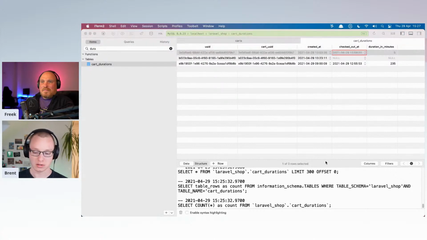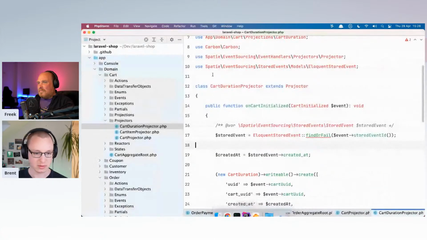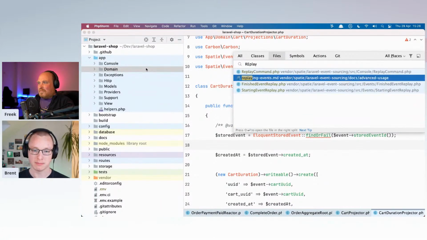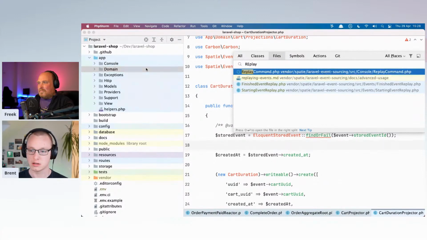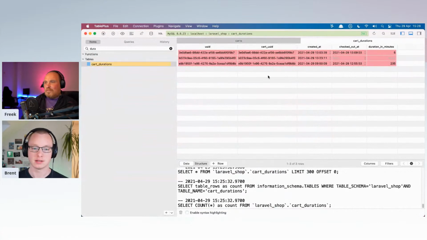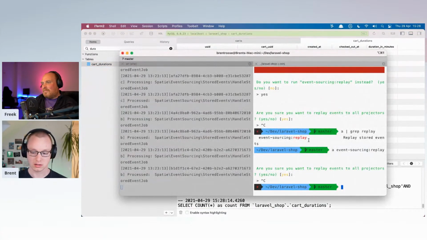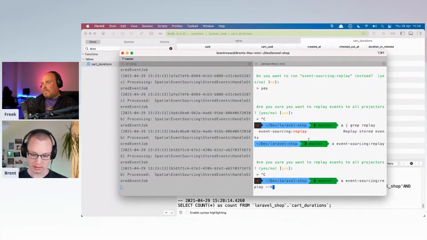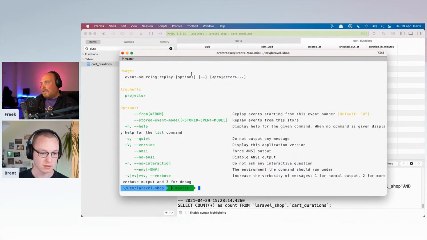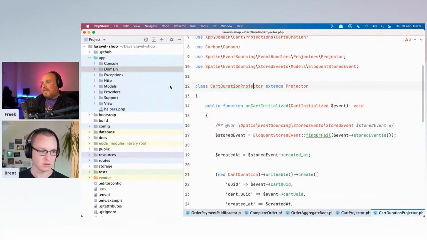Yeah, I was looking at replaying for a moment, but I was thinking I also had some kind of replay commands. Okay, so let's just give it a try, right? I haven't tested this, but I removed all my card durations, and I'm actually not sure what's, let's close this one. We need to give the projector class, right, Freek? Is that right? Yes.